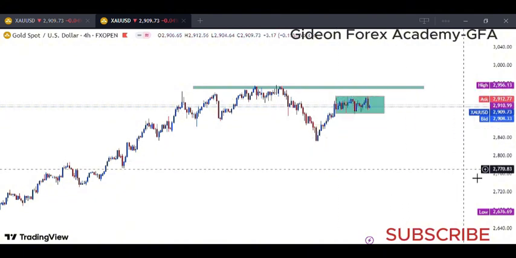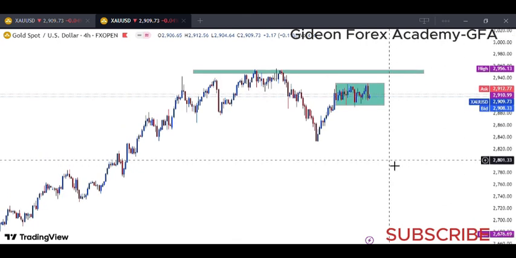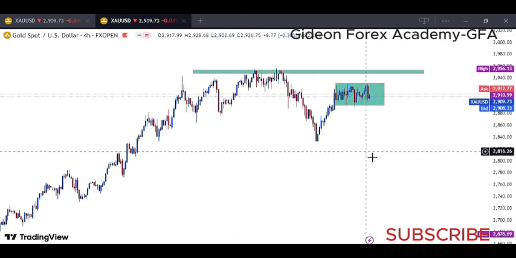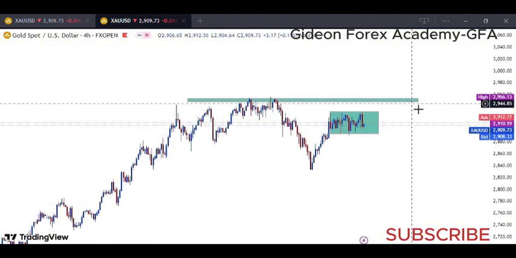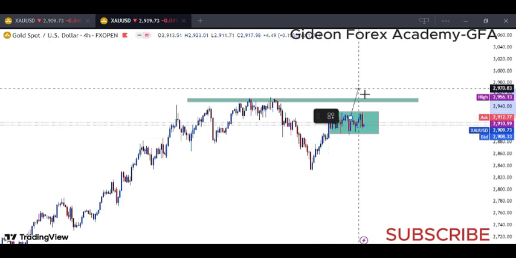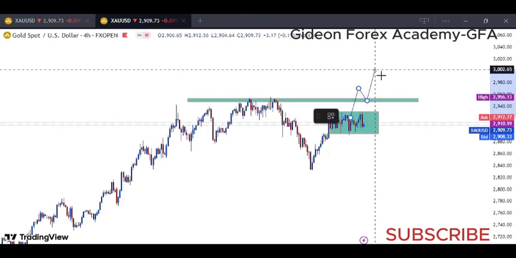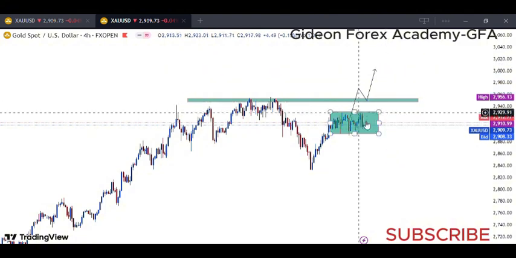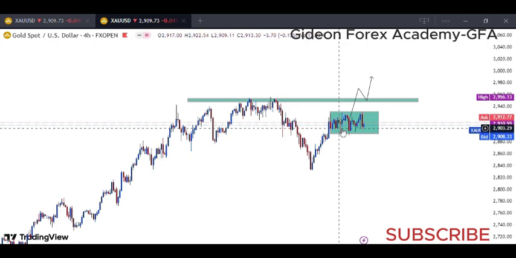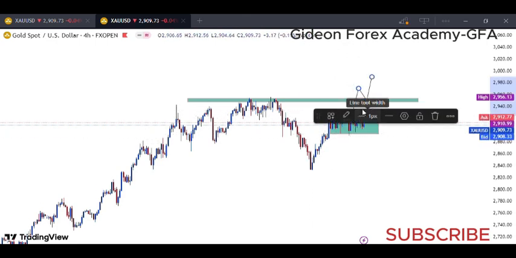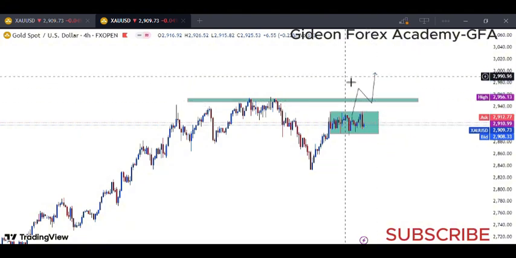If the US dollar continues to weaken, this will help gold to rise and probably break above this 2,956 thereabout, this coming week. Hopefully, if the US dollar continues to weaken, this will cause gold to rise in value. Probably people will start buying gold to break above here and create new highs this coming week. So guys, this is what I anticipate this coming week.